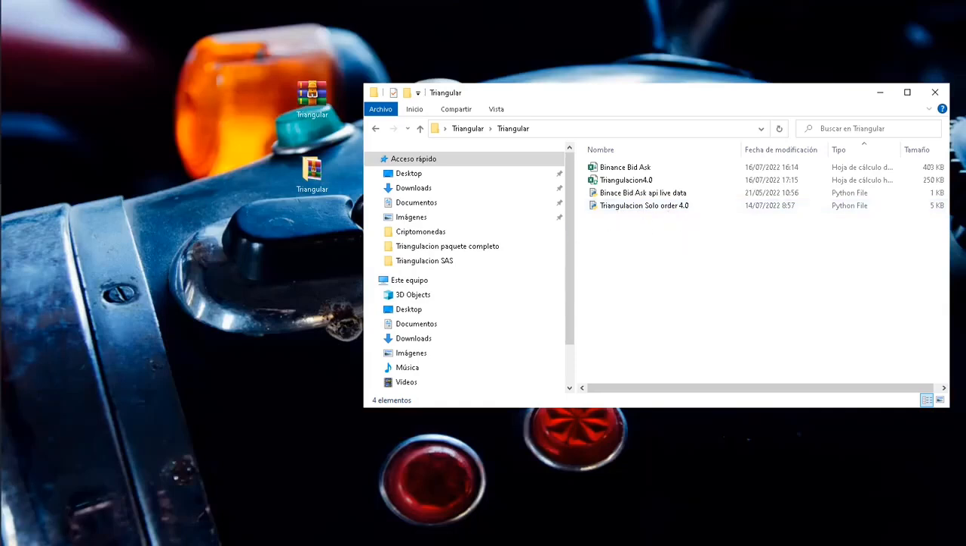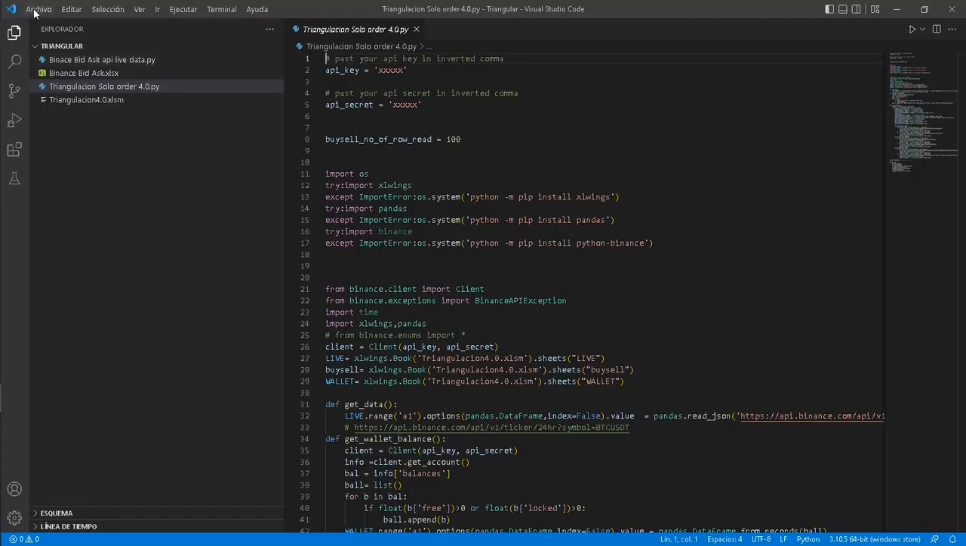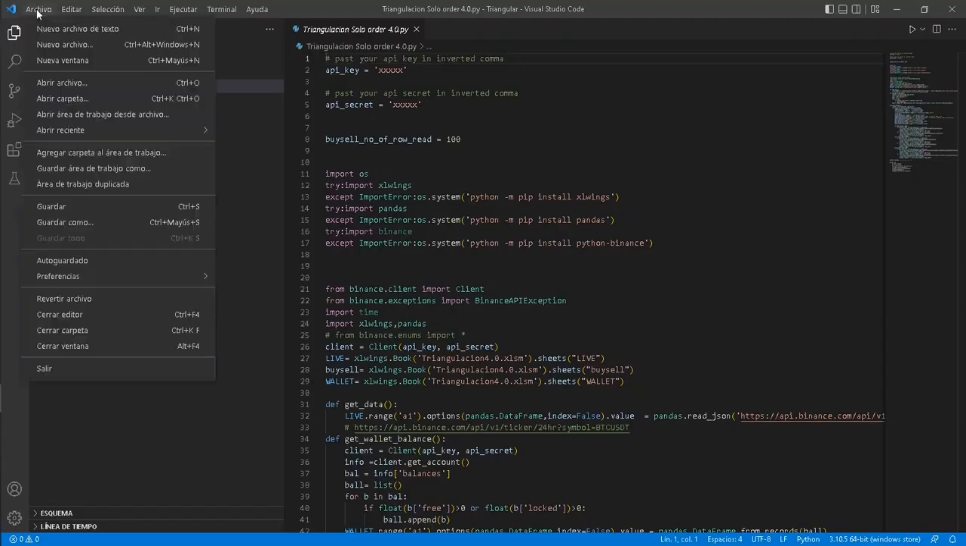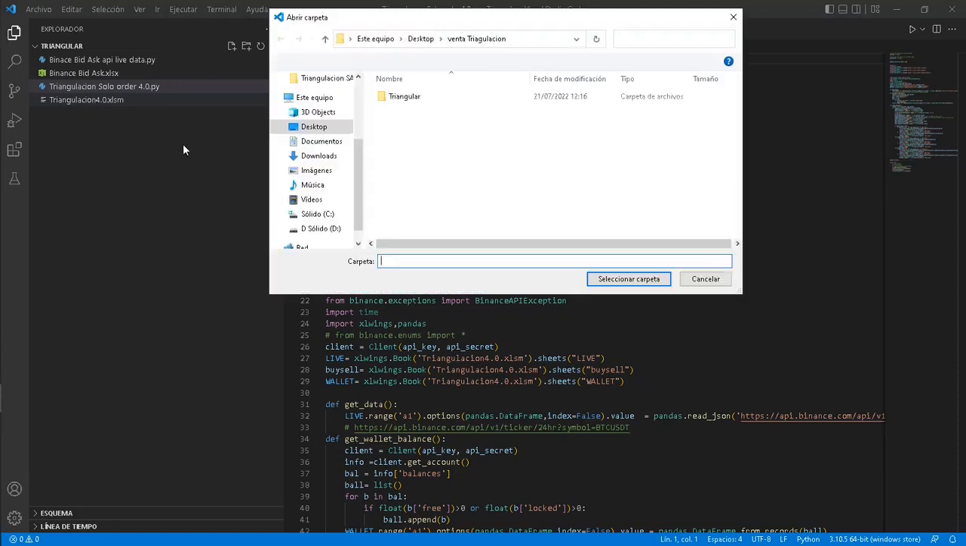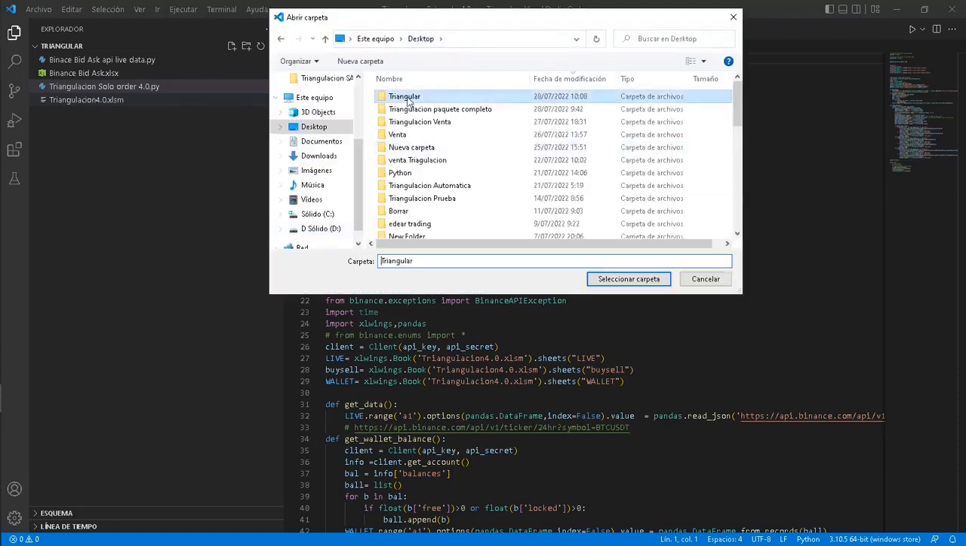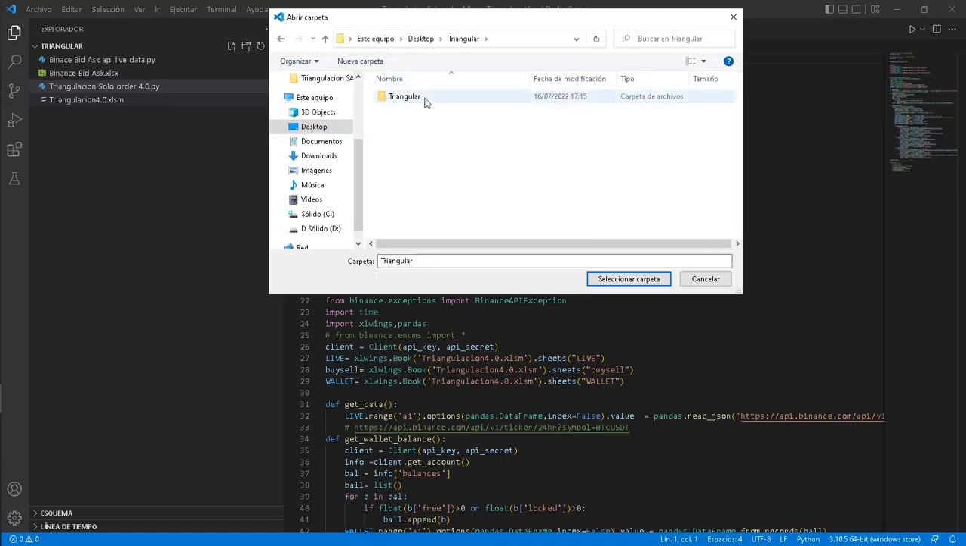Open the Visual Studio Code program and look for that new folder. Here let's do it from scratch. Open the folder and look for the new folder that you created. In my case I created it on the desktop. Double click and there you will locate the folder where the 4 files are. In this case I have named it Angular. You can put the name you want. You select it, and you will notice that when you select,